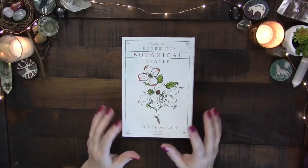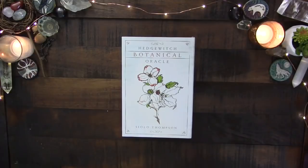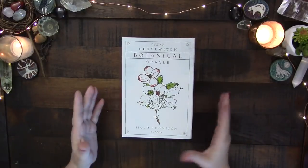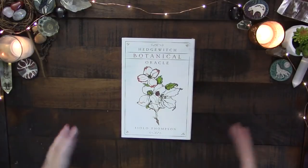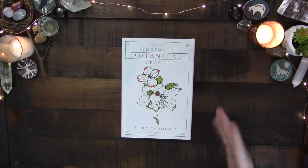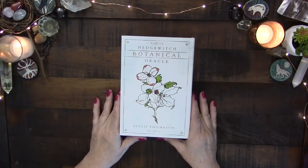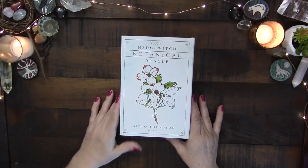I'd looked at this, but I'll be honest, I hadn't been as thrilled with a number of plant decks, so I was a little gun-shy to get another one. I really enjoy working with actual flowers and herbs and essential oils, and maybe that's just the way I'm going to work with them, because I haven't really connected with a couple of decks that I tried. But I saw Queen Auset had done a walkthrough of this, and I thought, I really love